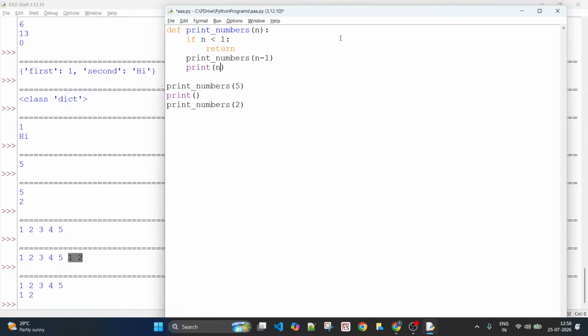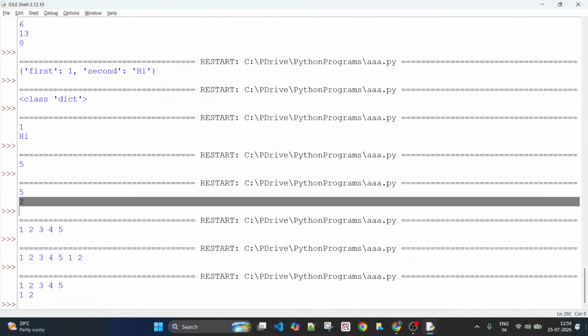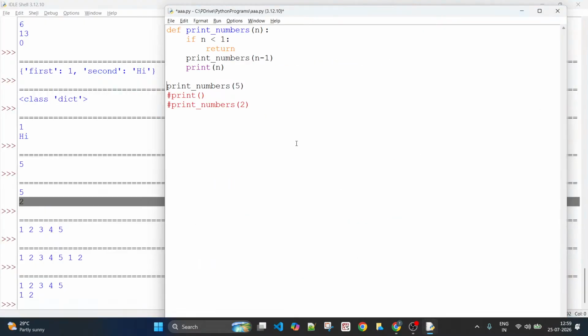Again, I'll comment out these two lines of code, and let us see what happens. I pass 5 and observe.